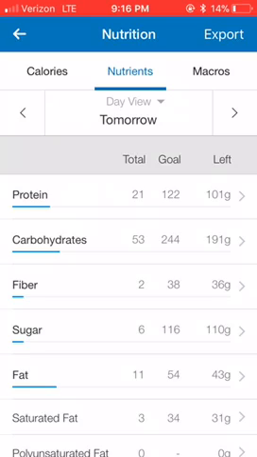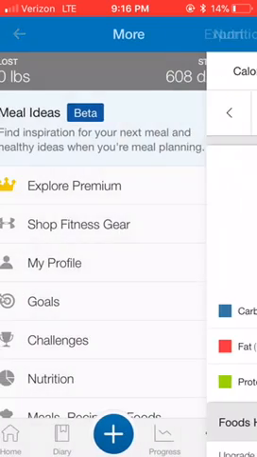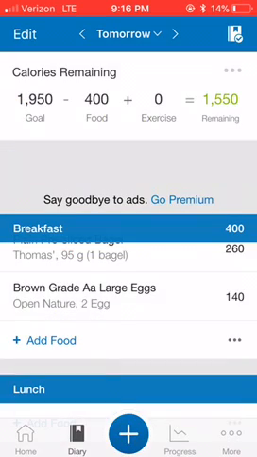So because those spinny dials can't get the numbers exactly as they are, your amount left as it gives you is not going to be accurate. So for my recommendation, I'd say look at this macros page and just do the math in your head. It'll become more second nature as you go through it. So outside of that, that's about it as it comes to